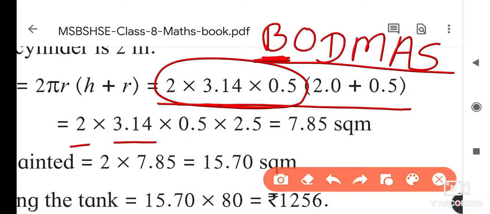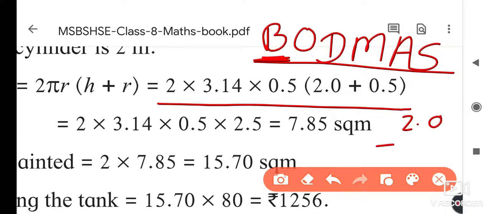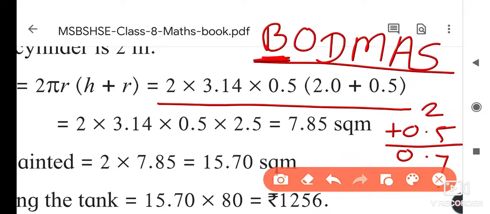Okay, now what is the addition of 2 plus 0.5? 2.0 plus 0.5 is equal to how much? 2.5. One mistake that students make when solving these types of examples is writing 2 plus 0.5 and getting 0.7. This is totally wrong. Whenever we are doing the addition of decimal numbers,